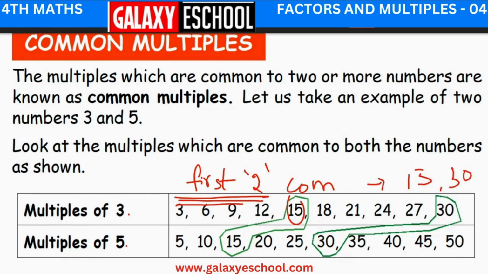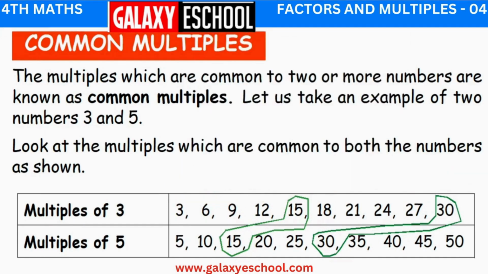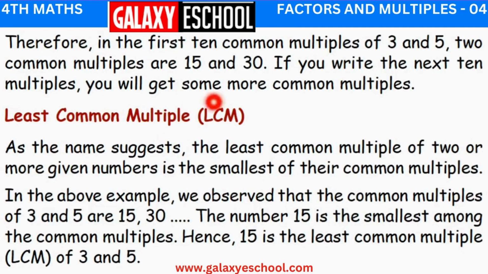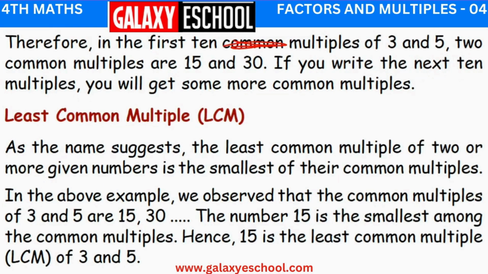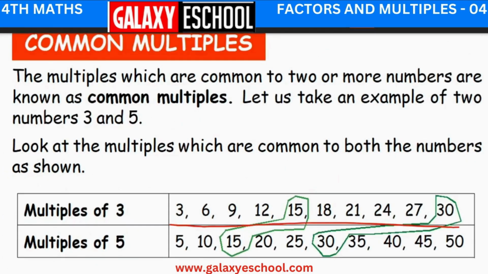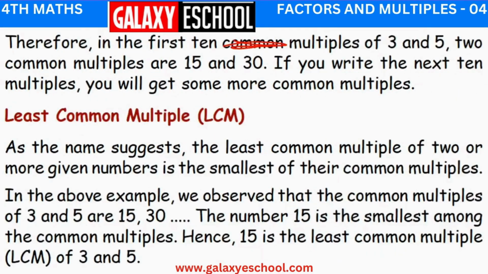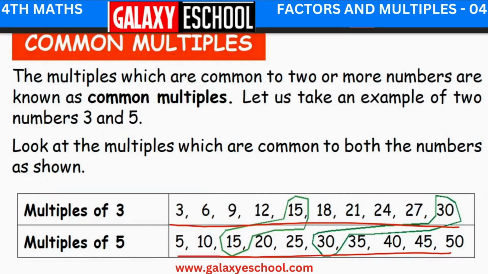Understood, children, the concept of common multiples? Next, in the first 10 multiples of 3 and 5, we wrote the first 10 multiples. The common multiples are 15 and 30. If you write the next 10 multiples, you will get some more common multiples. We have stopped at 10 here. If you continue to write